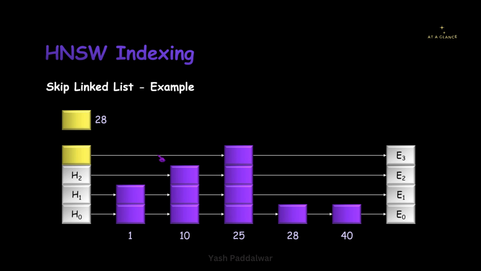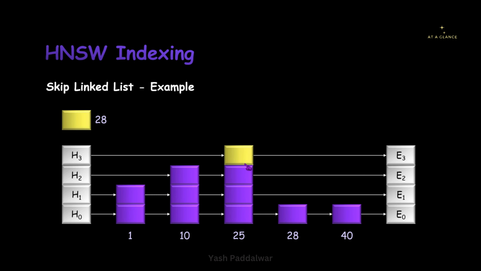Now at the initial level, we simply check horizontally whether the query that is to be searched, that is 28, is greater than the next document node at the same level. You can see the next document node at this particular level is 25. We know that 28 is greater than 25. So we'll simply jump from this node to this node. Now the pointer will point here.